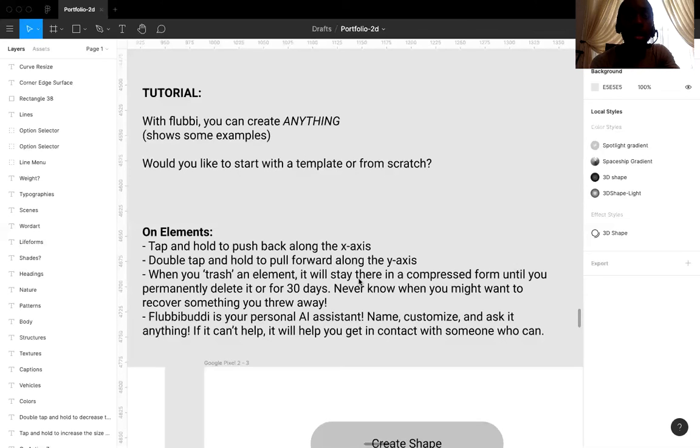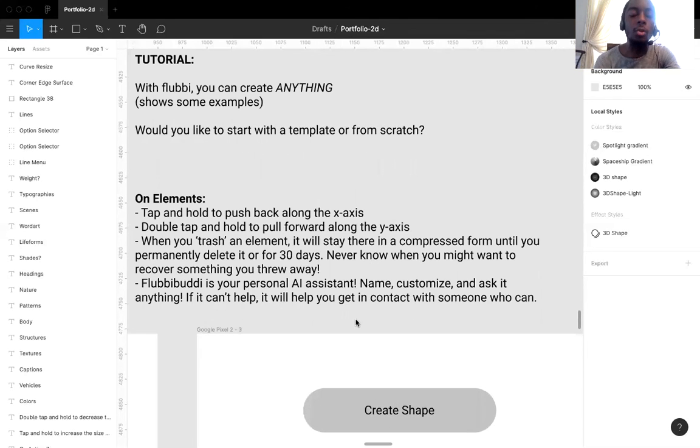Bret Victor, I think it's "Inventing on Principle" or something like that, where he talked about how you need to work on things that you feel would be an injustice to why they don't exist. The reason I'm working on this is because I really feel like it is crucial, it is critical that